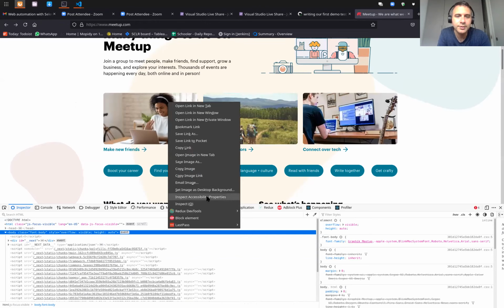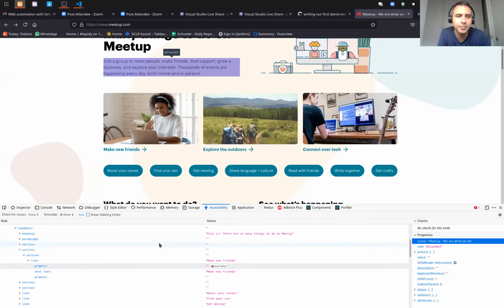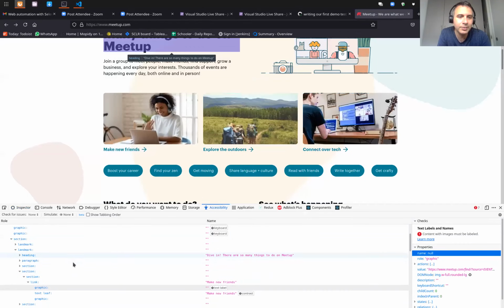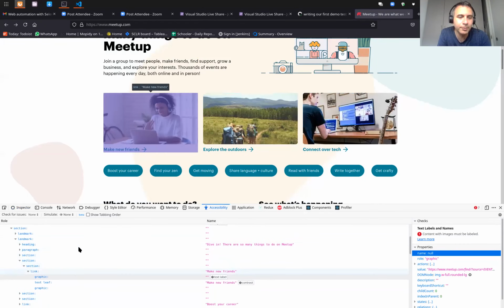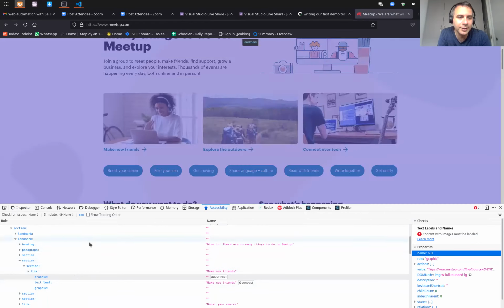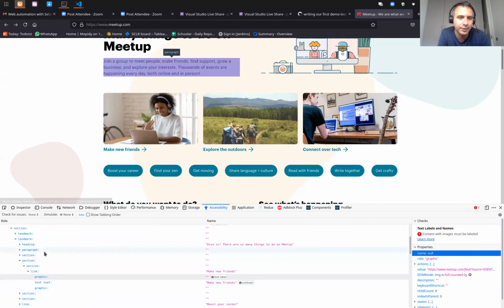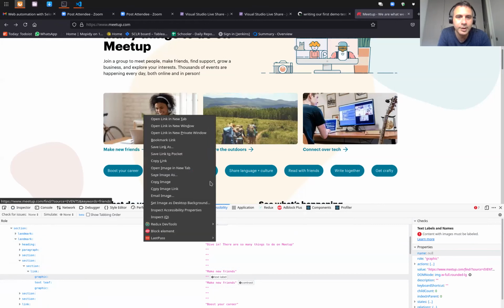Inspect accessibility properties, and here you can see the roles of the components. If you do this correctly, you can control these names, for example a special name for all the three. Okay, never mind. It's a topic for a different day.